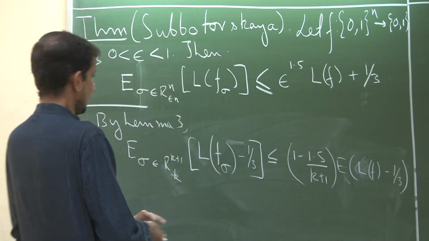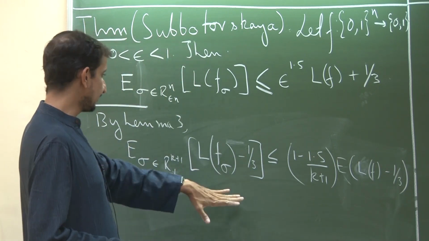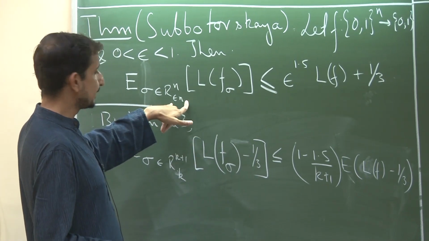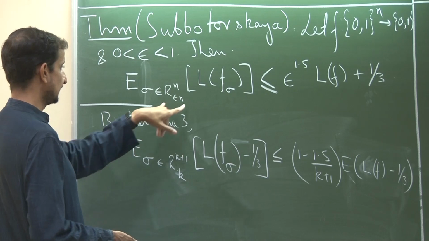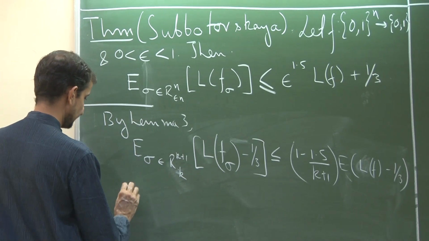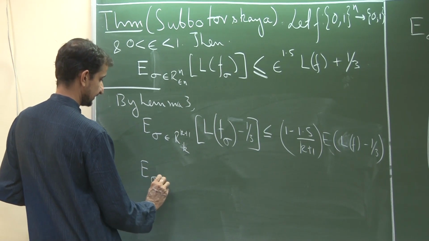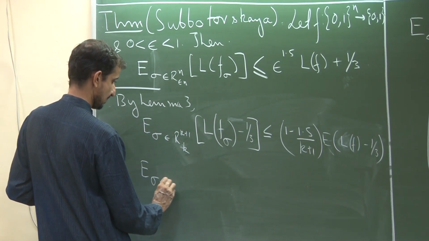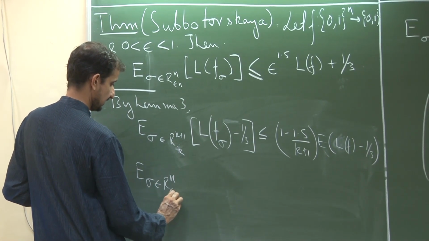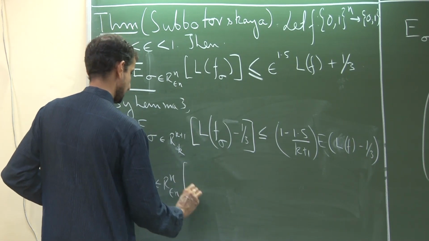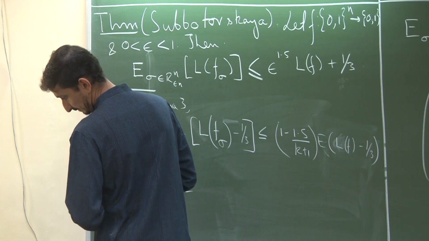Okay, and now if I do this, how many times? I have to bring it down to epsilon n. So if I do this many times, what I will get is expectation sigma r n epsilon n is